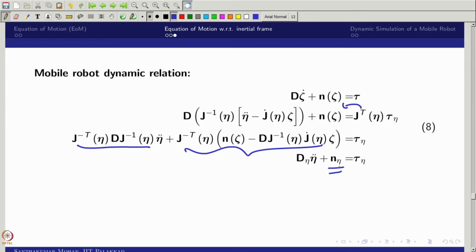So now if you are trying to control your overall system, you can directly say that these are the inputs. In the sense you can give the desired generalized coordinate, the desired derivative of the generalized coordinate, and the desired double derivative of the generalized coordinate. In the sense you can give the vehicle position with respect to the inertial frame, velocity and acceleration, then also you can do it, right. So now you can see that the overall system you have written with respect to the inertial frame. So this is one side.